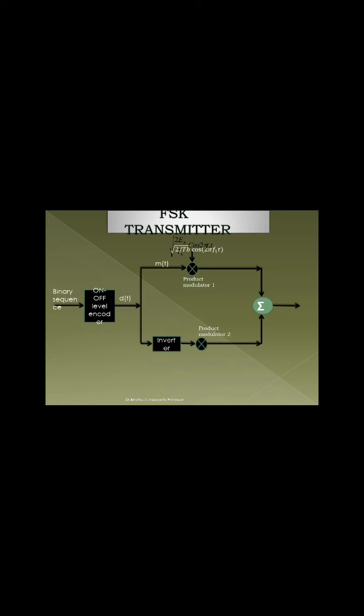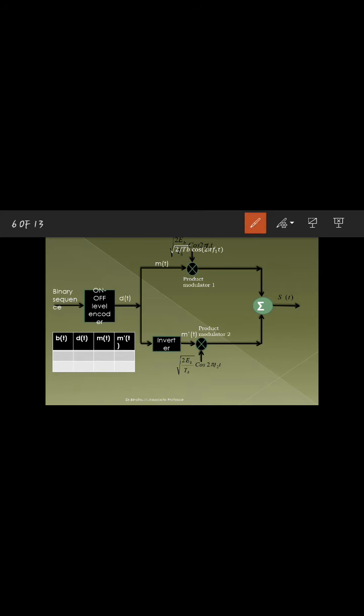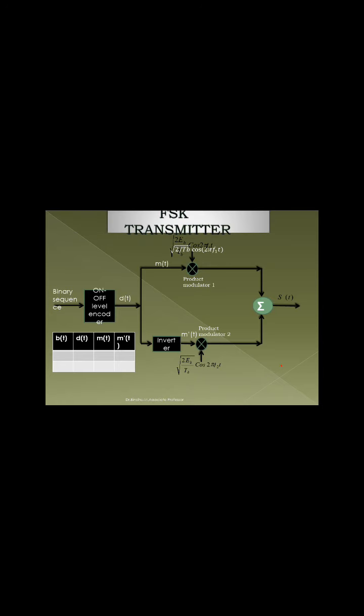That particular waveform is multiplied with a carrier oscillator with frequency F1 and, second, with frequency F2. If F1 is multiplied with the upper branch, you will get one frequency. If F2 is multiplied with the lower branch, you will get another frequency. That's how you get bit 1 and bit 0 with two different frequencies. You can see from the tabulation here, the binary bit sequence is first one.